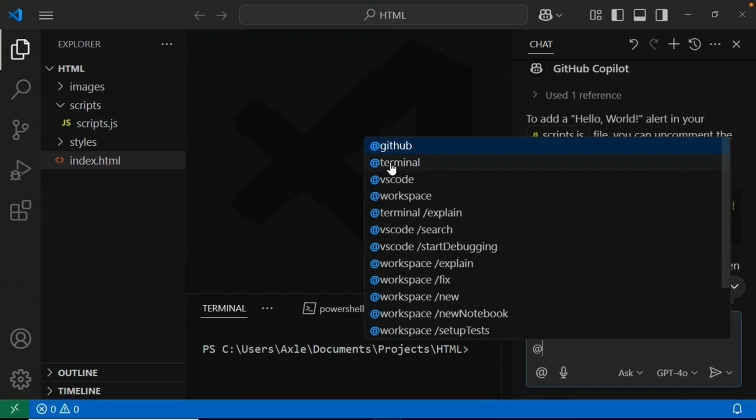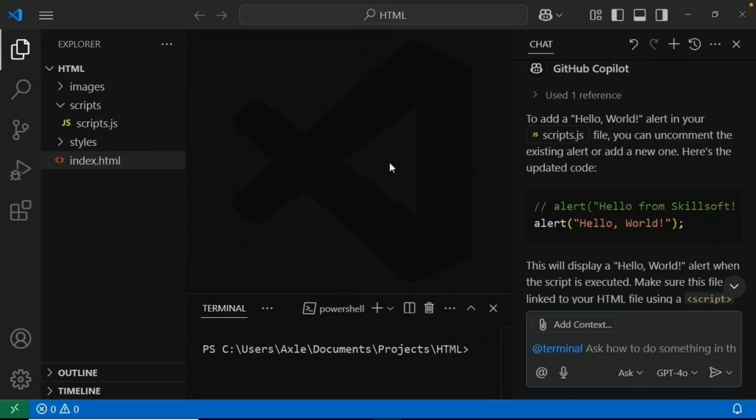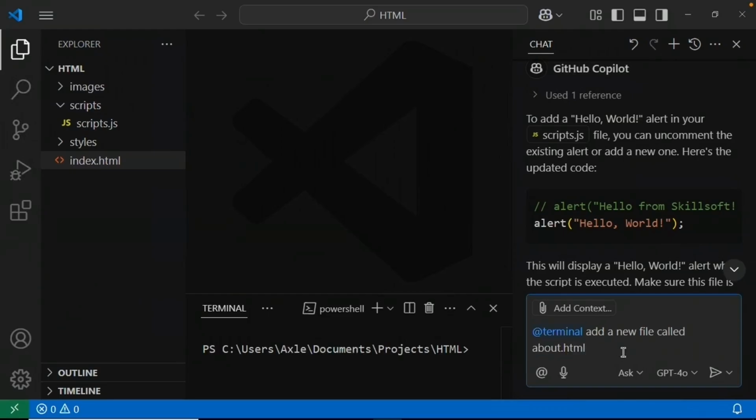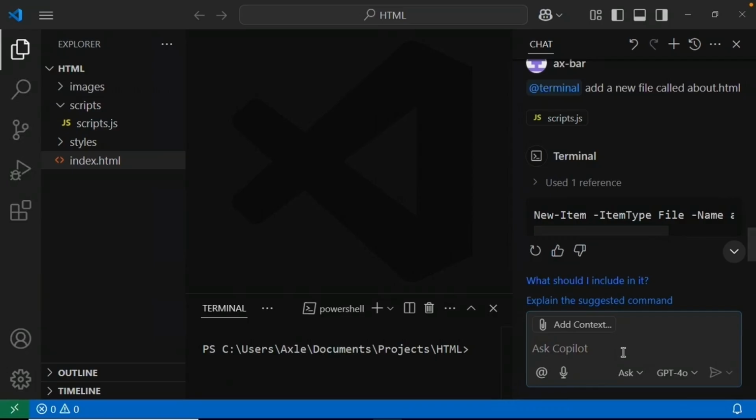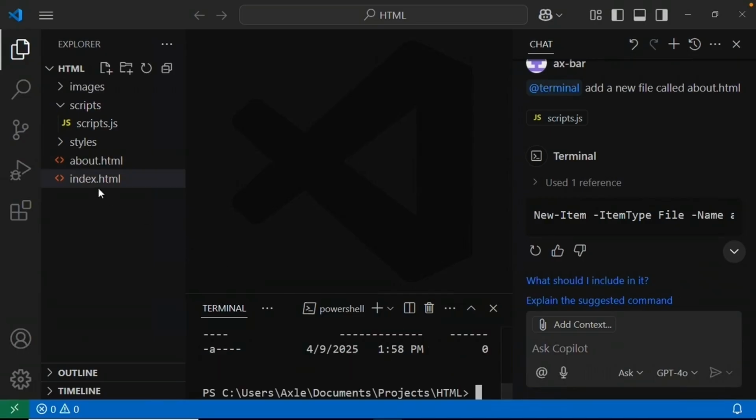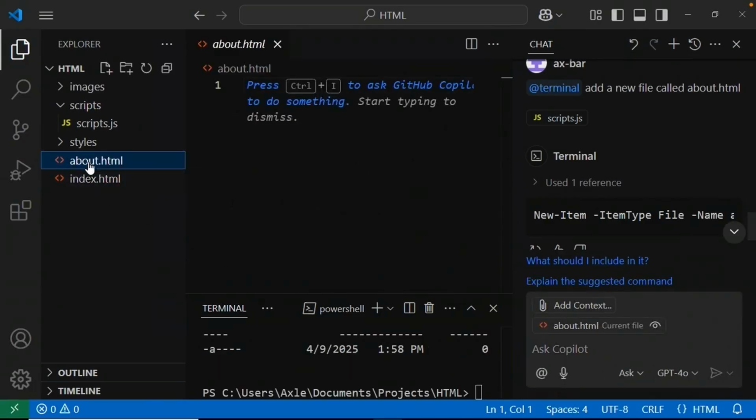I'll select the @terminal extension and then type, add a new file called about.html, and press enter. Copilot now knows I want to perform this action in the terminal. In its response, there's a button that says Insert into Terminal. When I click this button, the command to create a new file is inserted directly into my terminal window. I can then press enter in the terminal, and just like that, a new file called about.html is created in